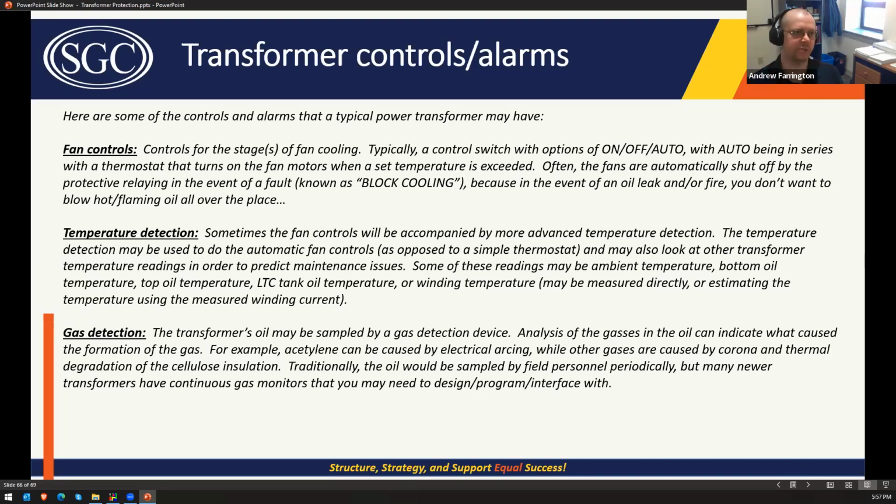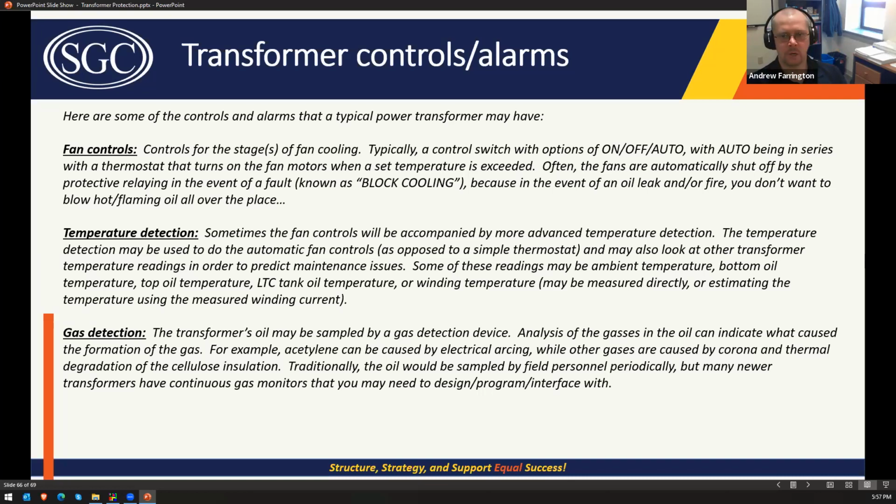When they test the transformer, a lot of times they'll do thermal testing. So they'll load it up, and then they'll see what the temperature of the transformer is using a thermal imaging camera. And you can then look at that and say, okay, under full load, the hot spot on the transformer, the hot spot they call it, got to this temperature. So under full load, it should be that temperature rise above ambient. And then you can calculate what the expected temperature of the winding is based on the current that's going through the CT. So that's another way of getting that if you don't have a direct